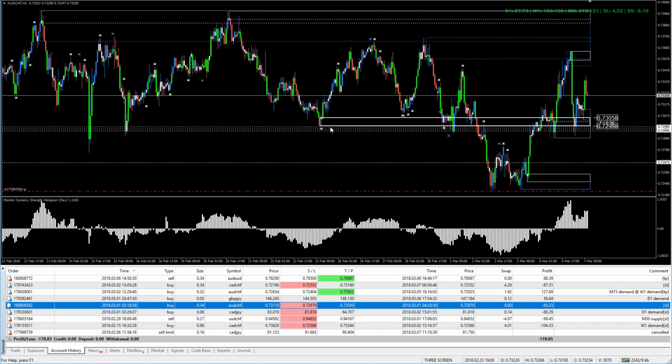And the big banks know this. They know that the retail guys are going to have their stops below this low here. And so if we want price to move high, we're going to have to push price through those stops, trigger their stops, and this will provide us with the required liquidity that we need in order to fill our long positions. And you can see price poked through there,